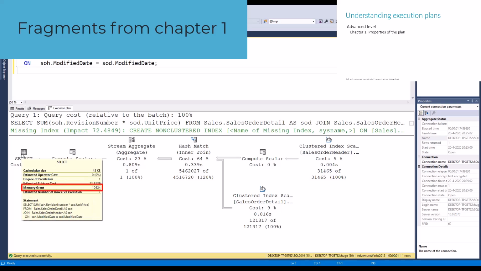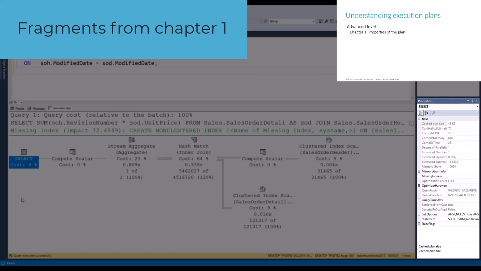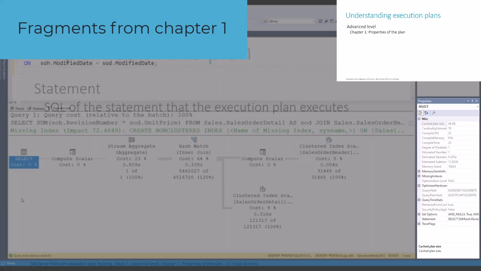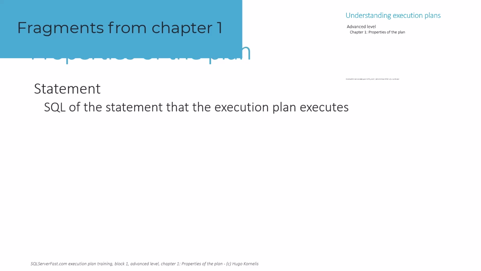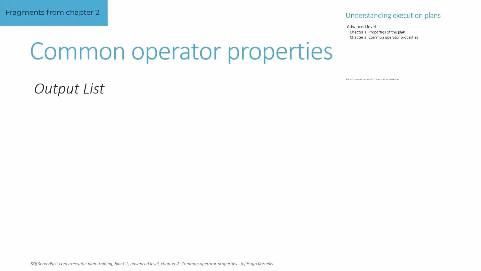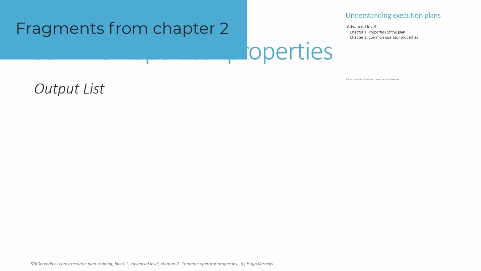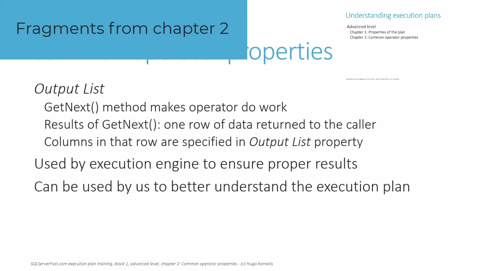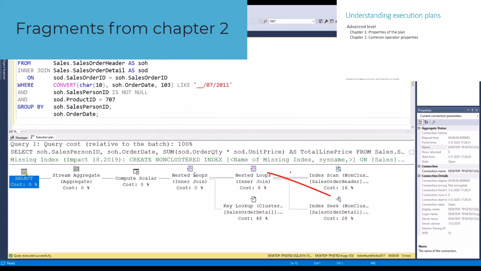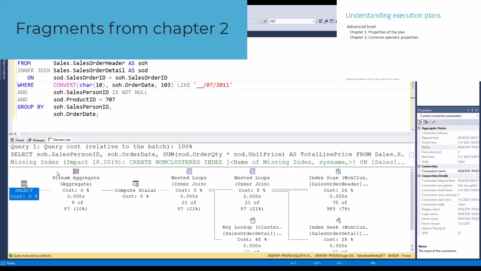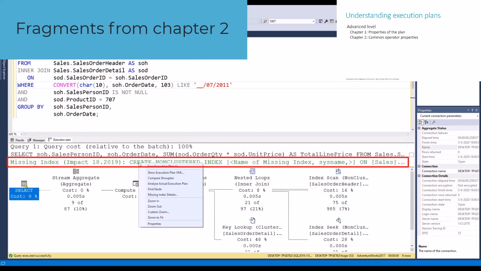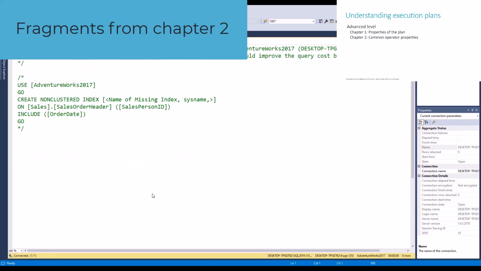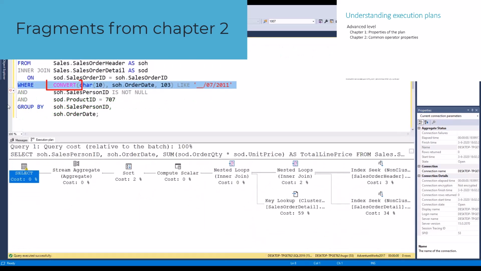The first chapter discusses properties that don't belong to a specific operator, but to the plan as a whole. And in the second chapter, we'll describe all of the properties that are common to many or even all operators. We'll also look at how you can follow columns around in an execution plan to see where a column is produced, what operators pass it on, and where it is used and for what reason. All demos in the second chapter use the same query, a query with performance issues that we will try to improve by using the things we have just learned.